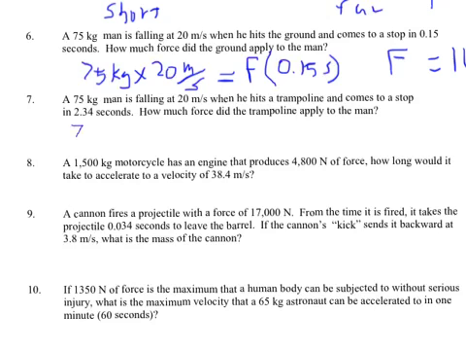So we have 75 kilograms times 20 meters per second. This time it's going to be the force times 2.34 seconds. So I'm going to take these values here, multiply them together, and it's going to be 1500, and I'm going to divide it by this instead of by that. So since I'm dividing by a bigger number, I get a significantly smaller number. The force applied this time is only going to be 641 newtons.